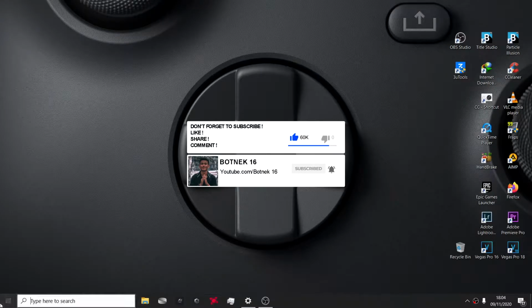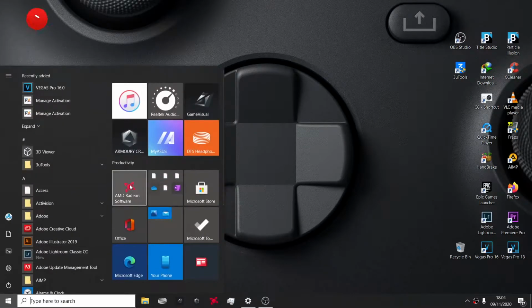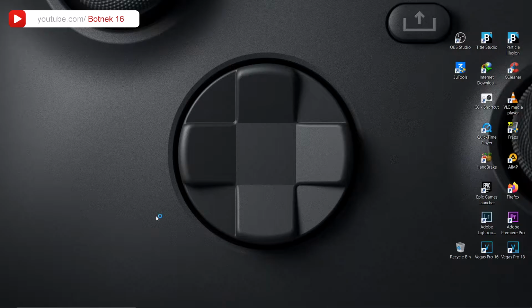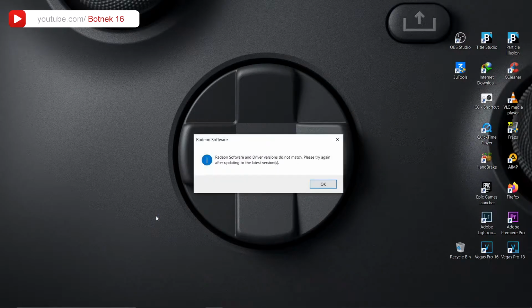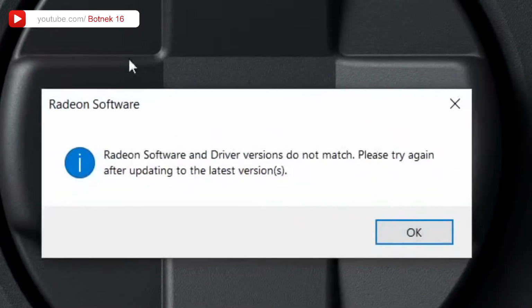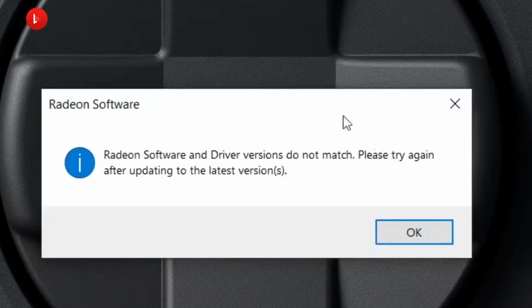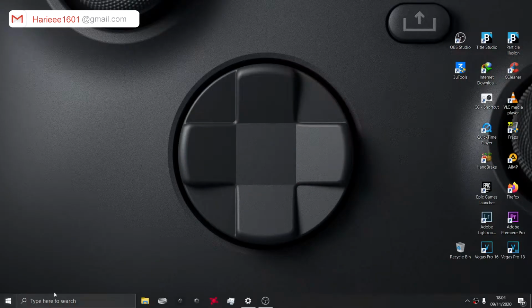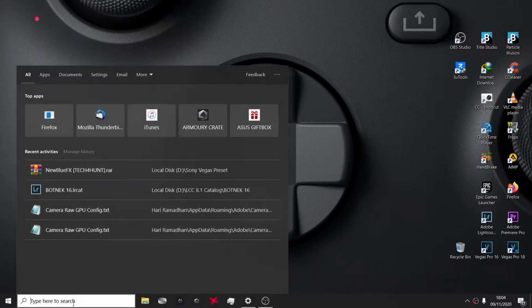Today I'm gonna give you tips how to fix AMD Radeon software error. The problem just like this: Radeon software and driver version did not match. You can see that. Okay, and you might click